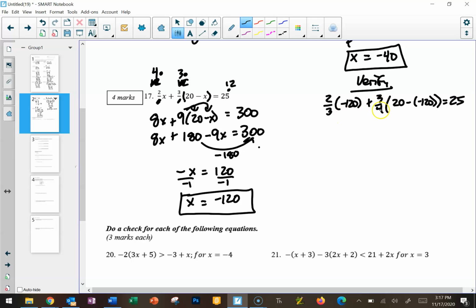Okay, now I don't need to kill these fractions because the numbers in the brackets will kind of do it for me because I don't have variables. So this one should be relatively easy. Okay, so when you're multiplying a fraction just by a whole number, remember it's just the top times that over the bottom. So it's 2 times negative 120, so that's negative 240 over 3. Plus, let's figure out what's in the bracket first because we've got bad math going on here. So we've got 20 minus a negative, so that just turns into a positive. So 20 plus 120 is 140, and then we've just got 25 on the other side. Now let's simplify these as we move across. Negative 240 divided by 3, that divides out nicely to